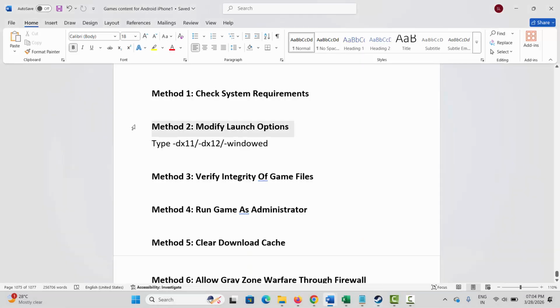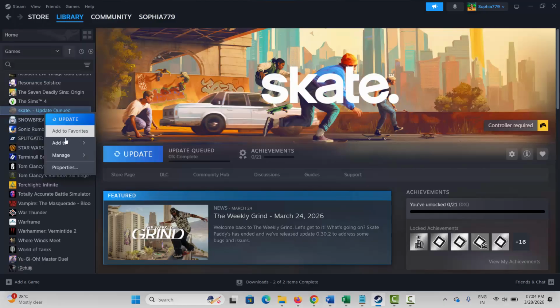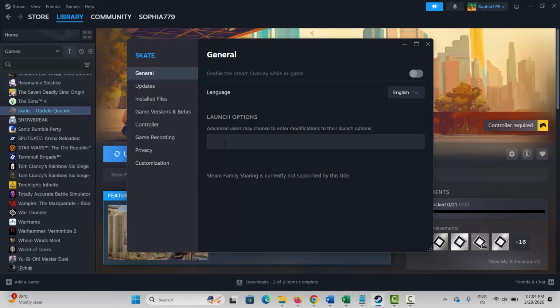If not, next method is to modify launch option. So for that, go to Steam. Under library section, select your game. Here I am showing an example. Now right click on it, click on properties. Under general, here you have to type -DX11 and then try to launch the game and check if the game